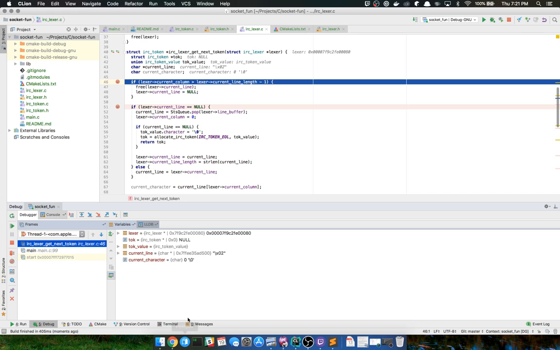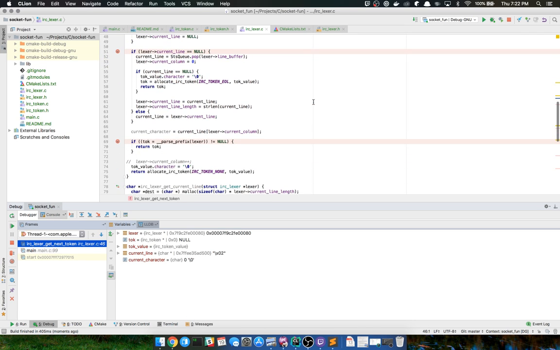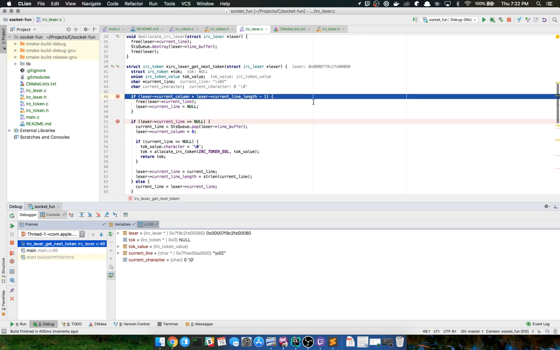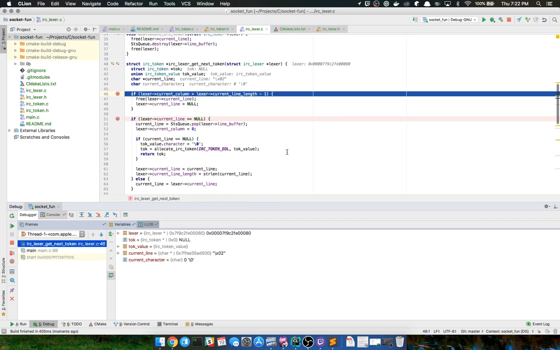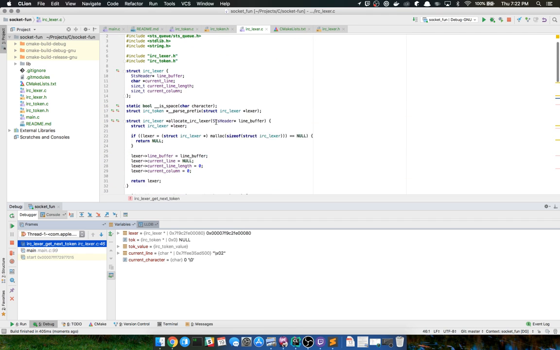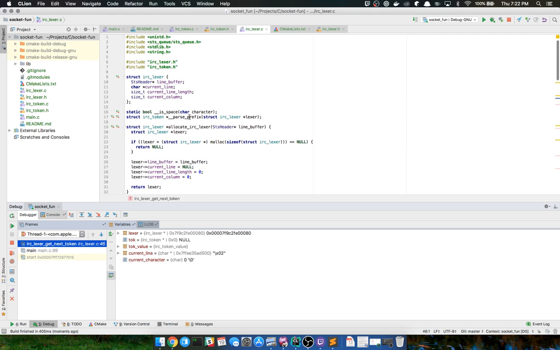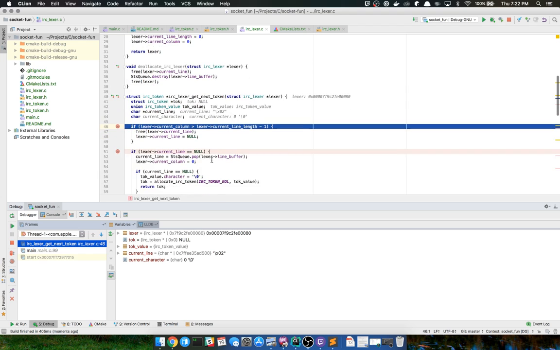Yeah, so for the most part, this is working quite well. It's my parse prefix that is not. And since I'm calling it out as parse prefix, I think I actually might make that a token of its own.